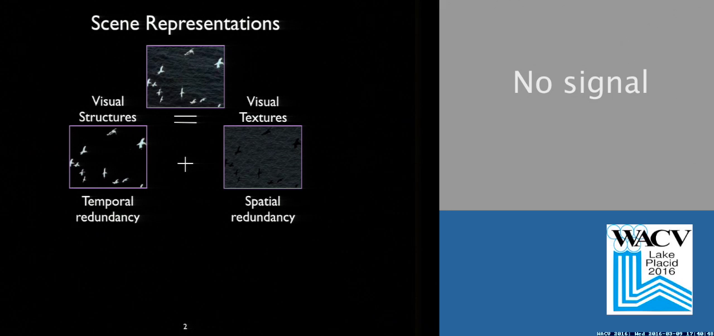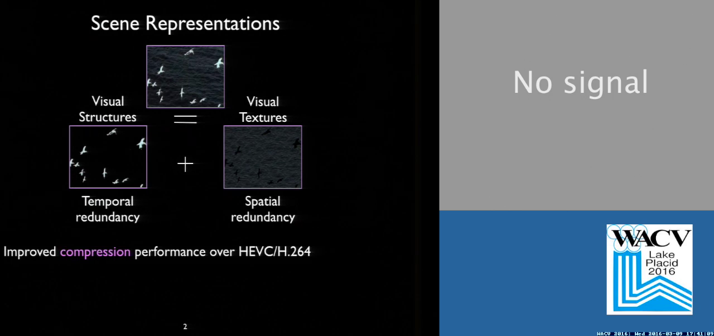Design and inference of scene representations for video compression. The approach that we are taking is to assume that for a given video there exists an underlying scene. We wish to partition this scene into two types of regions. Regions which we call visual structures that exhibit temporal redundancy, and regions which we call visual textures that exhibit spatial